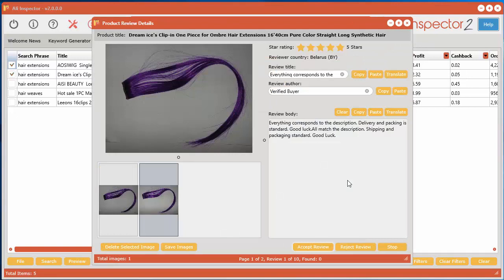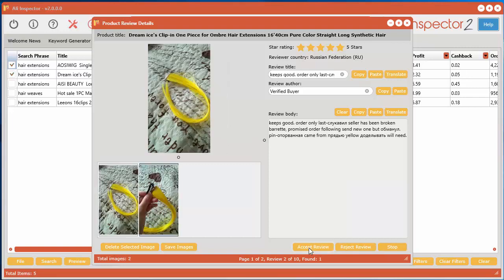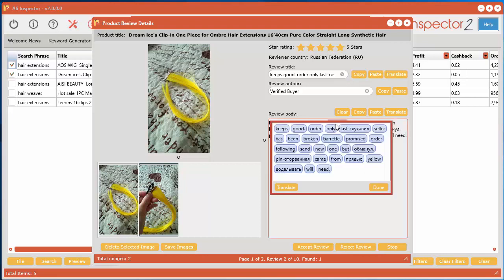Okay, now it's going over to the other product. Now you can see in this particular one, there's actually some text and content in here that is a different language. Now we've implemented a cool little feature in here that can help you. You can actually just double click inside here, and it brings up this little window, and you can see each individual word by themselves. So for example, this particular word here, well, that doesn't look like English to me.